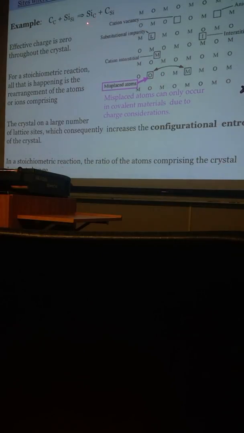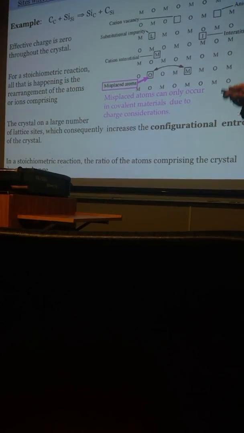So if the compound is strongly ionic, this is not going to happen. However, if the compound is more covalent and less ionic, then even if you create this kind of situation, which raises the total energy,